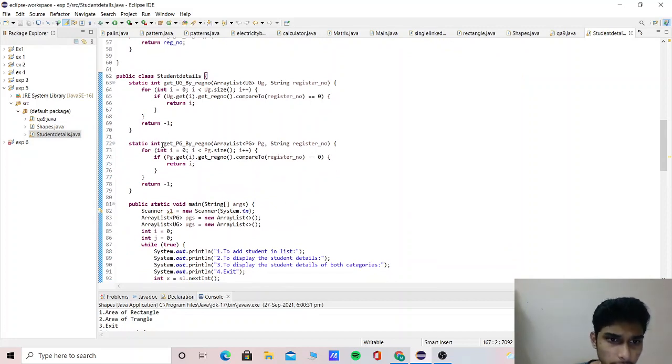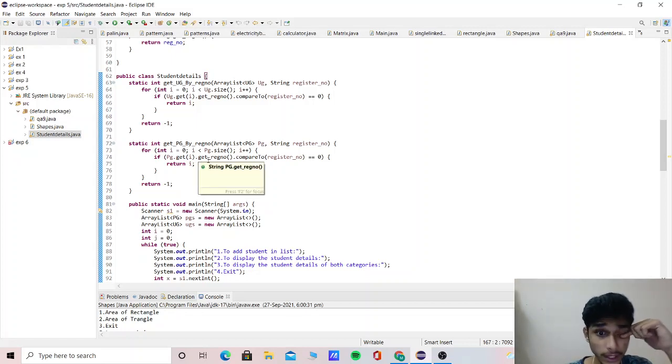Then static int getPGByRegisterNumber with ArrayList PG and string registerNumber, for int i = 0; i < PG.size(); i++. If PG.get(i).getRegisterNumber compared to registerNumber, return 1, then return minus 1.